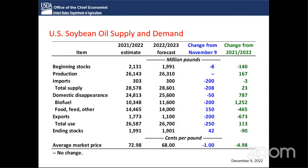reduces demand for imports. We're lowering our import forecast to 200 million pounds, and the export forecast we lowered based mainly on the fact that there's been a relative lack of sales so far. So, given the past higher prices, exports haven't been much of an export base. But given that, we reduced the export forecast, and that's where we are. When it's all added up, again, the small change in the stocks, but that change in biofuel use